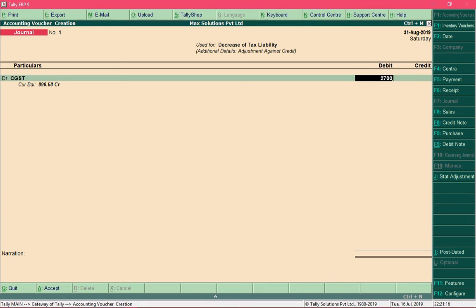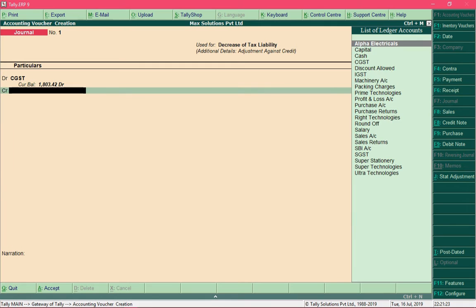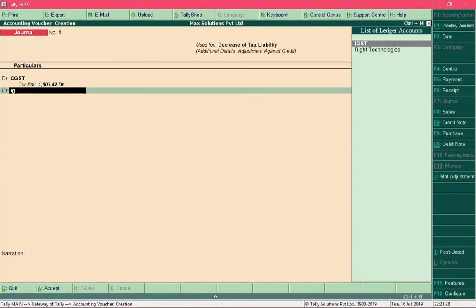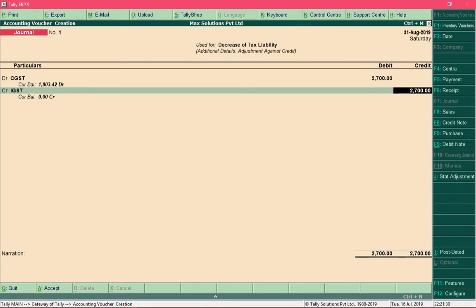The available input IGST is 2700 rupees, so I will enter that amount over here, and credit reduces assets, so I will credit the IGST ledger. Notice that we are no longer left with any IGST amount, and press Ctrl A to save this entry.